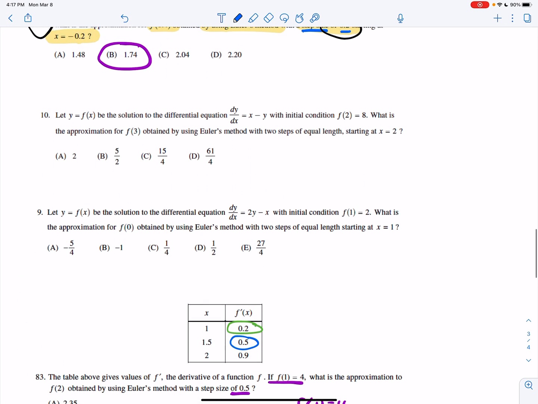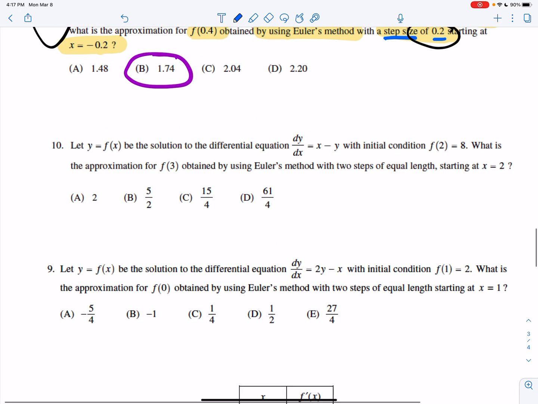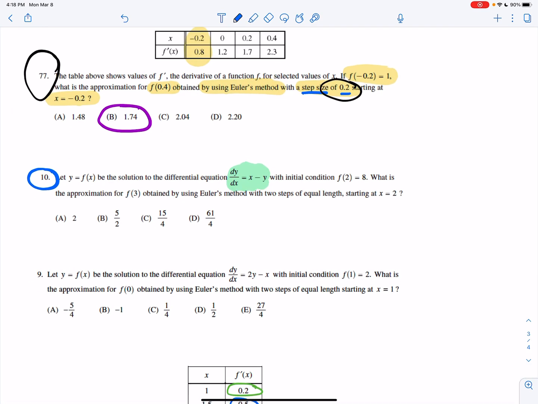Okay, so let's take a look at number 10 now. Notice how number 10 is in the lower values, so you could kind of assume that that's not a calculator active question there, okay? They give you an equation instead, so you have to produce your own values. But here we go. I'll go ahead and do it over